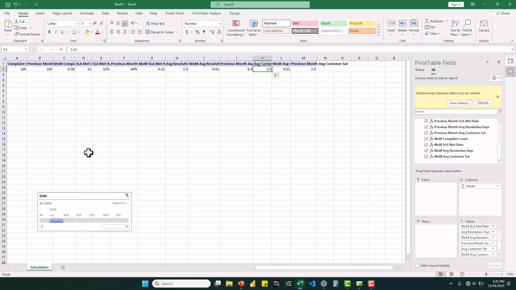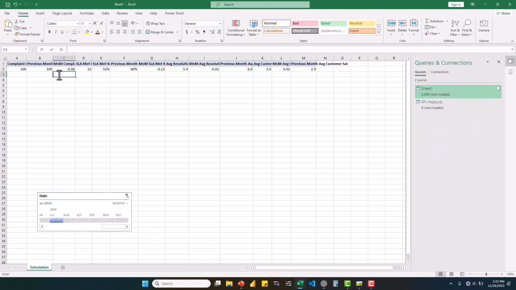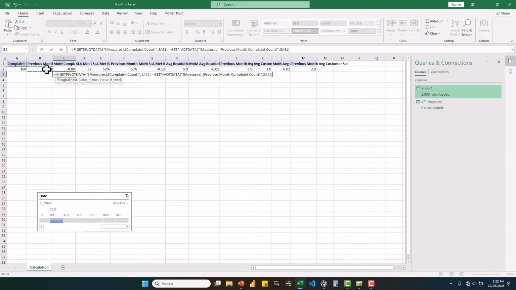Okay, so now we have gotten all our KPIs. What we are going to do now is bring in the up and down indicator. So we'll be using some calculation here. It's going to be if current month's complaint count is greater than previous month's complaint count, then